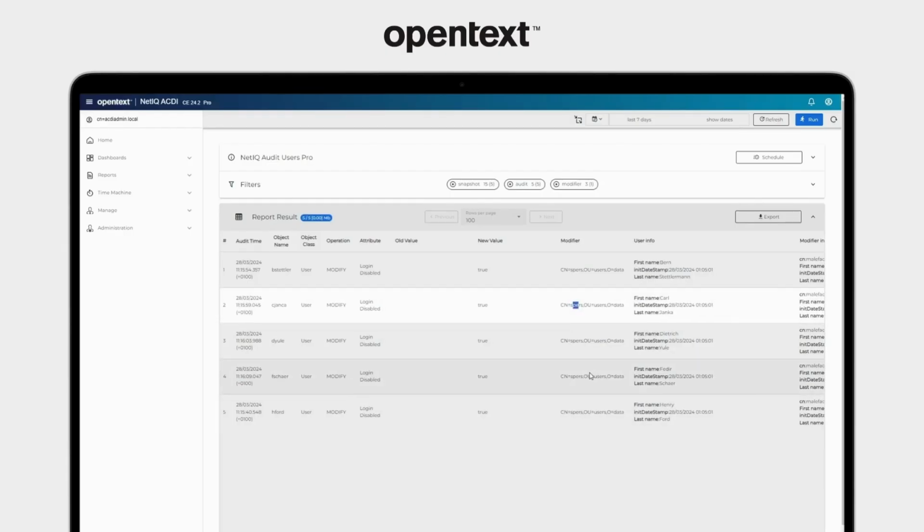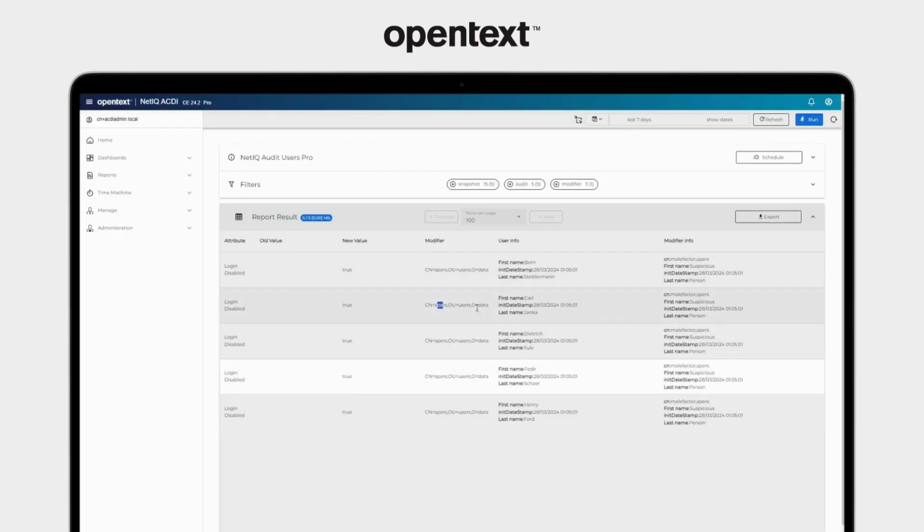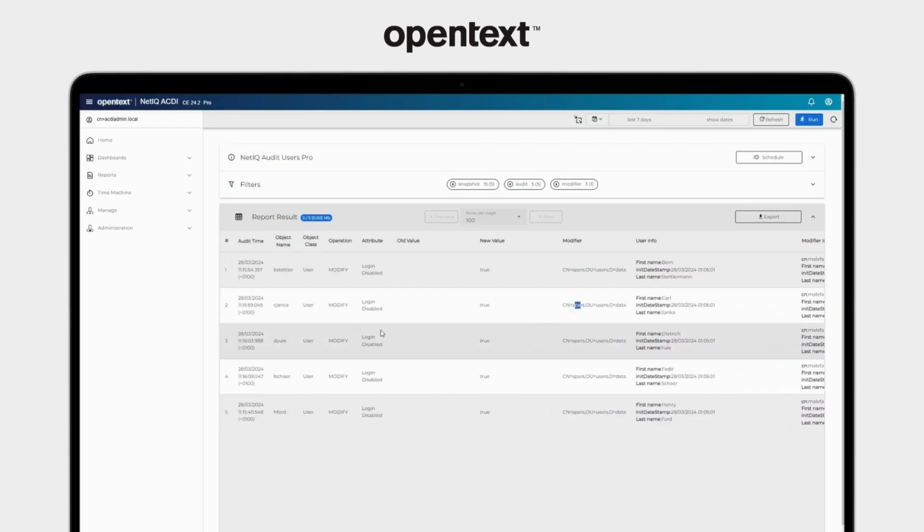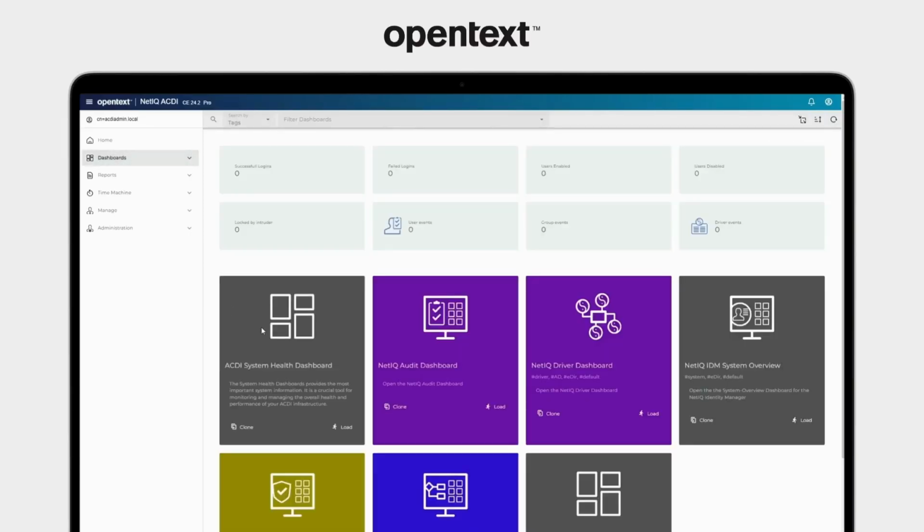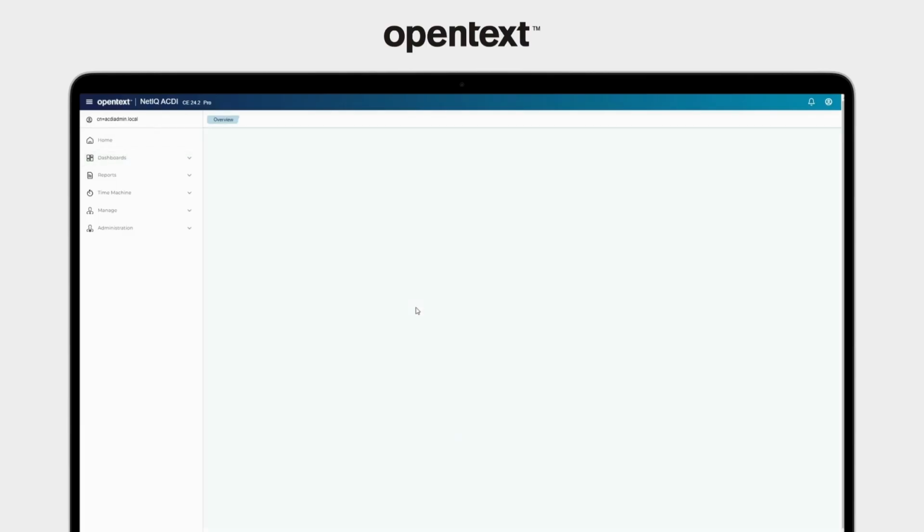But how did this user get access to entitlements and change third-party user attributes? Let's monitor all the changes of this modifier using dashboards. So, previously this user wasn't assigned permissions and entitlements.